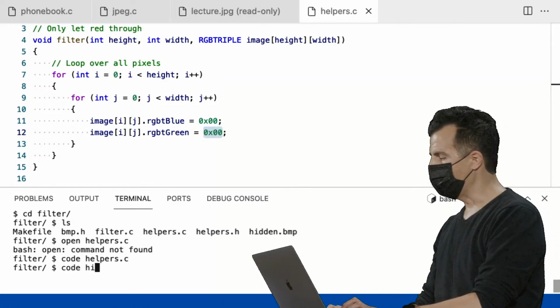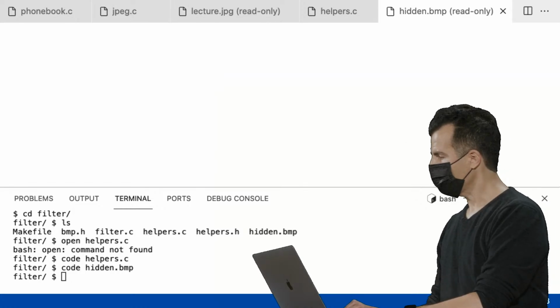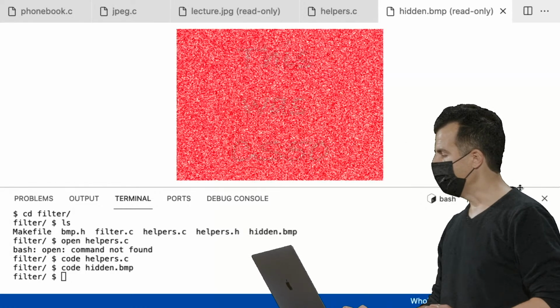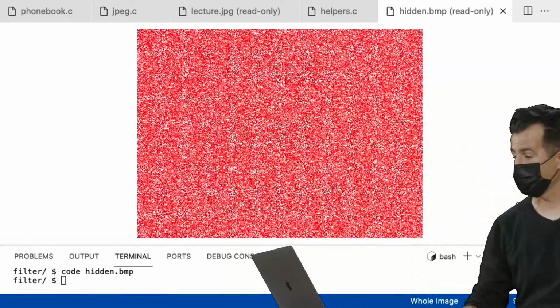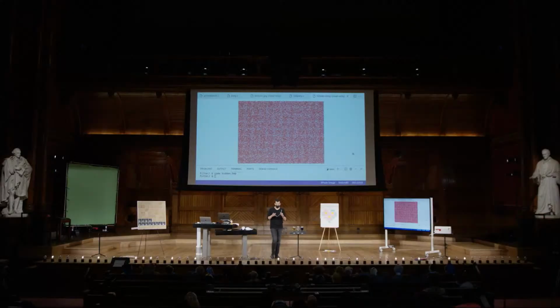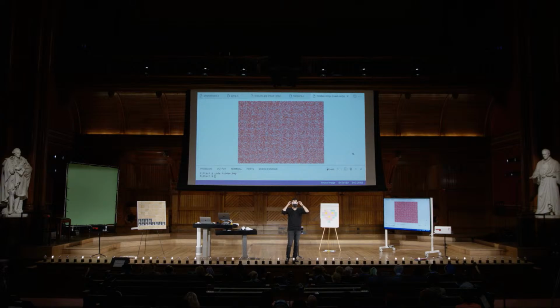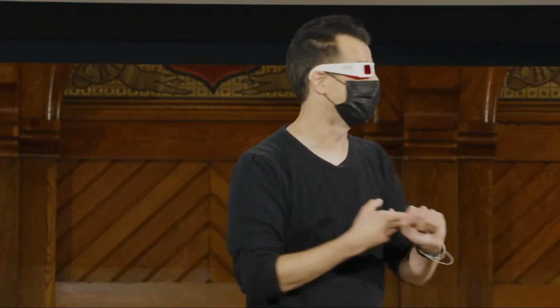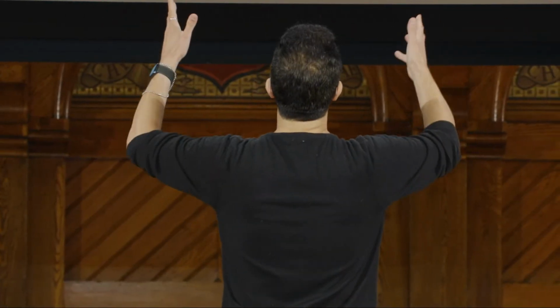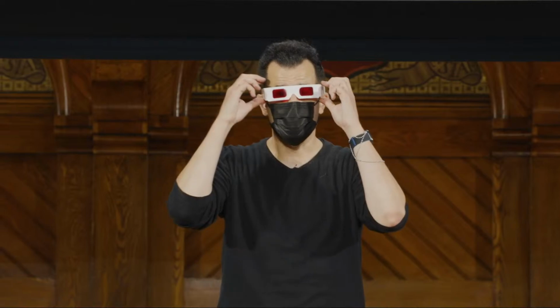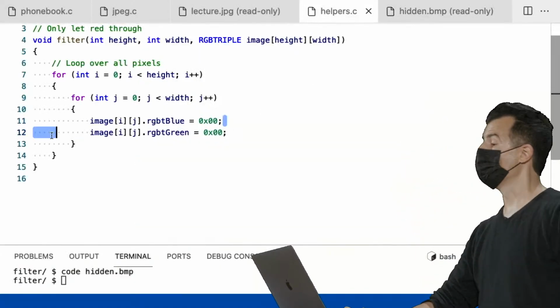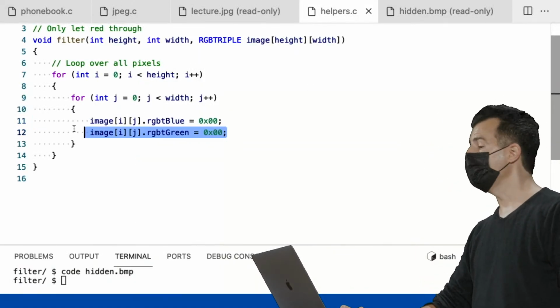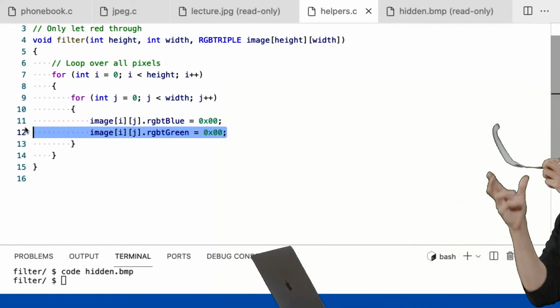Well, the image I have in mind is this one, whereby we have this hidden image that has, sort of old school style, a secret message embedded in it. And if you don't happen to have in your dorm one of these secret decoder glasses that essentially make everything red, getting rid of the green in the world and the blue in the world, you can actually, I'm probably the only one who can read this right now, see what message is hidden behind all of this red noise. But if using my code written here in helpers.c, I get rid of all the blue in the picture, and I get rid of all the green in the picture,